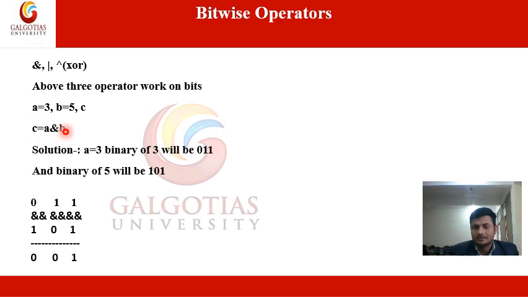But in the case of the bitwise operator, it is something different. So it is A 3 and then B 5. What I will do is convert A into binary, convert B into binary, and then perform ANDing bit by bit. Here I am performing logical ANDing, not bitwise ANDing: logical AND of 1 and 1 is 1, logical AND of 1 and 0 equals 0, logical AND of 0 and 1 equals 0.